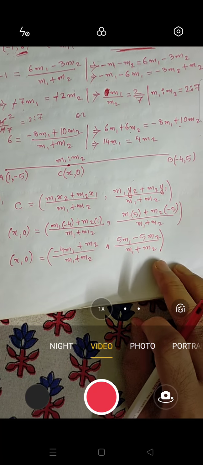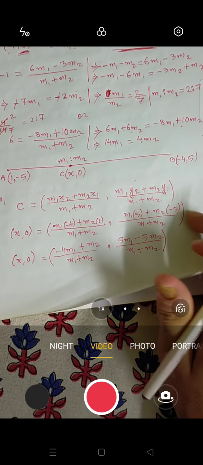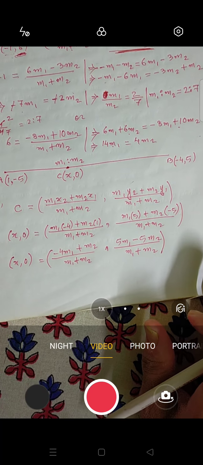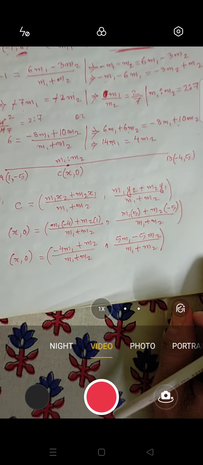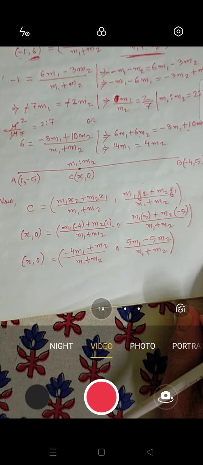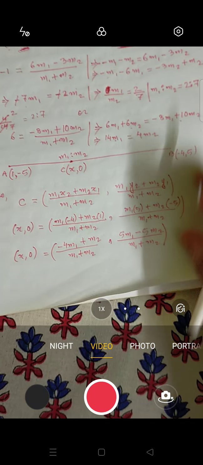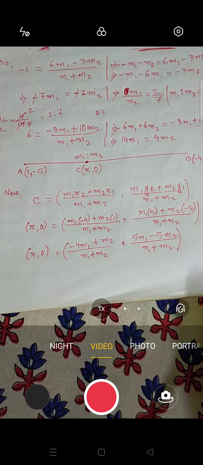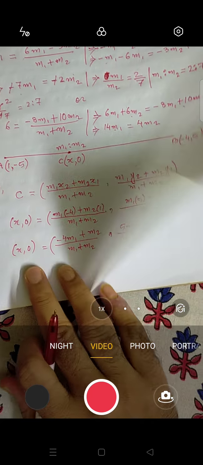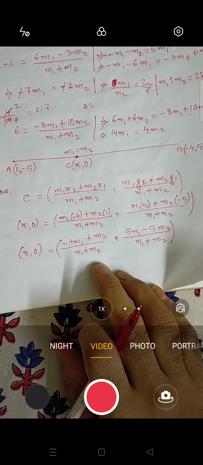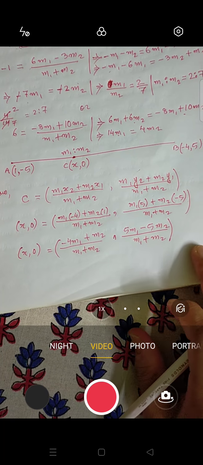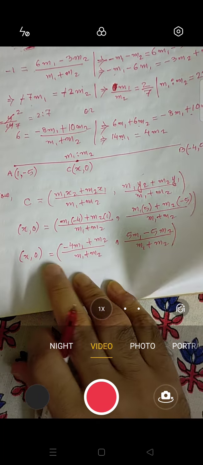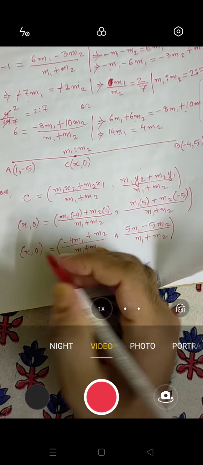So after solving this one, the next step, we will be getting this. Now here you have to remember sometimes. You have to practice properly and you should remember. Next step, what shall we do? Now here, if you compare your answer with x, you will not get the ratio. So what I will do, I will compare my answer with y. So I'll say